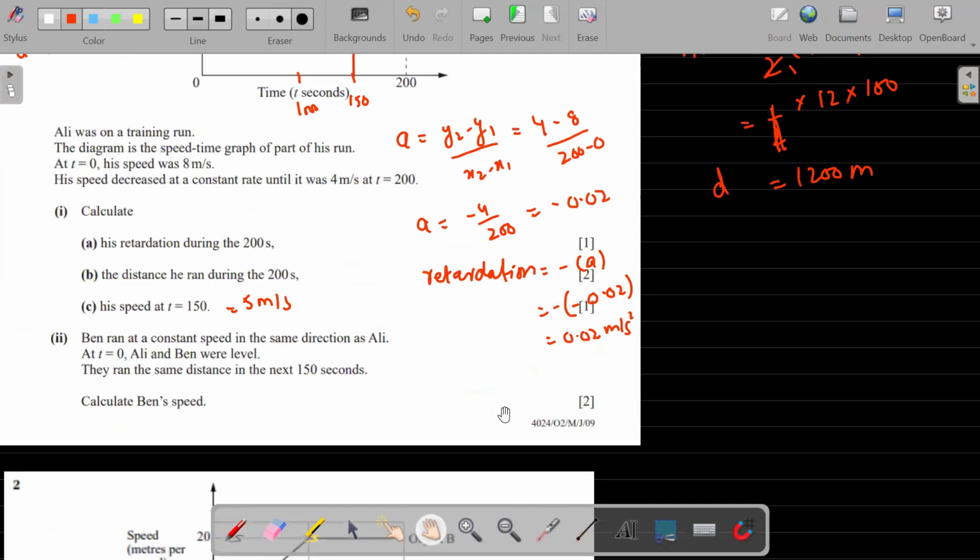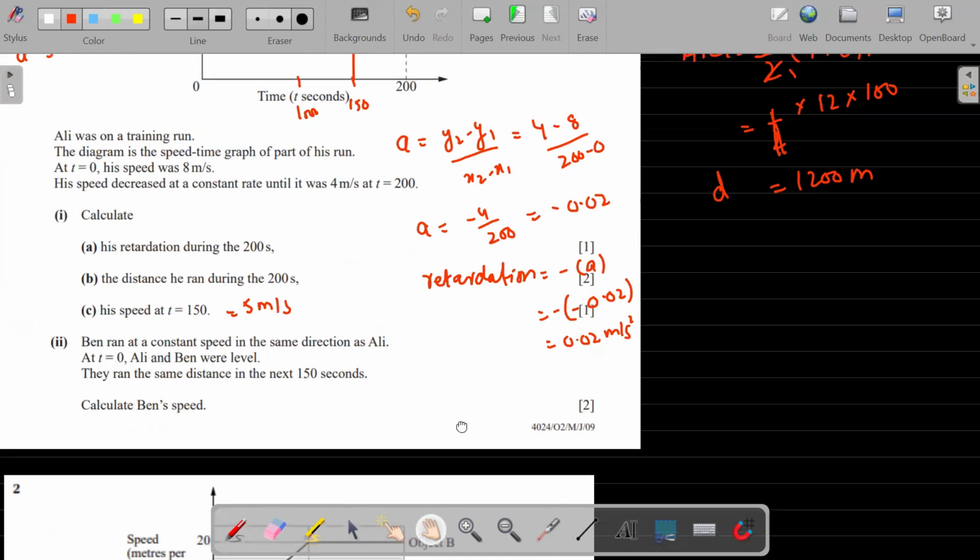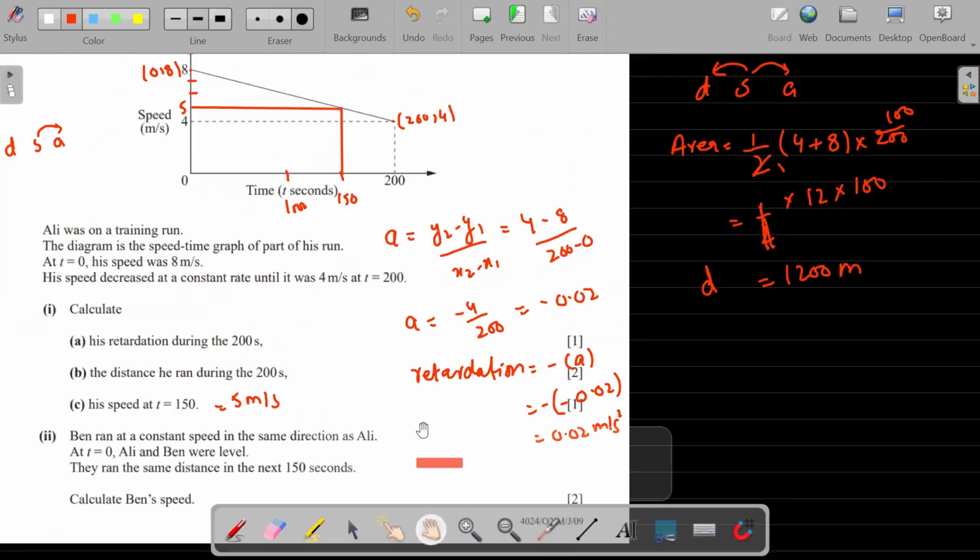The next question says that Ben ran at a constant speed in the same direction as Ali. At t equals 0, Ali and Ben were level. They ran the same distance in the next 150 seconds. Calculate Ben's speed. We know that, as it says the distances are the same,